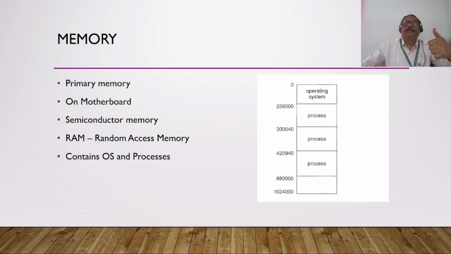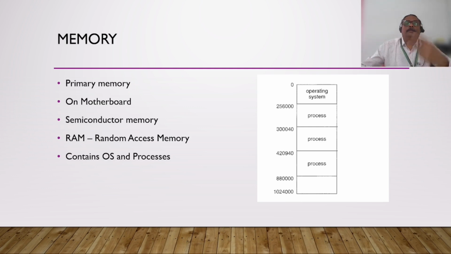But the problem arises when we want to change our location, like we want to jump for some reason. On some condition we want to shift either up or down depending on the logic we are working on. At that time the problem comes is shift where. If you are talking of this process, then it is talking about these locations. If you are talking of this process, then it is talking about these locations, and so on. So there is a problem of